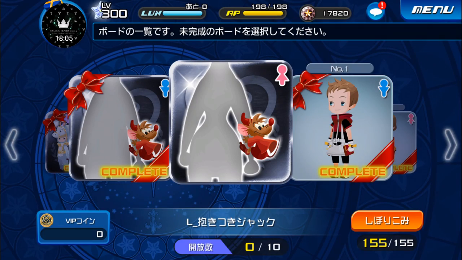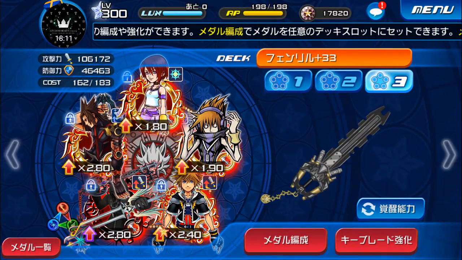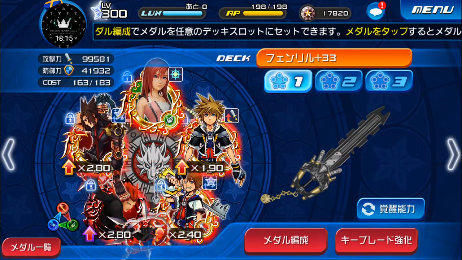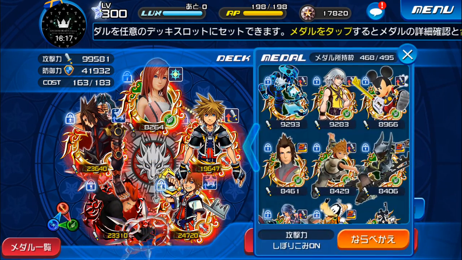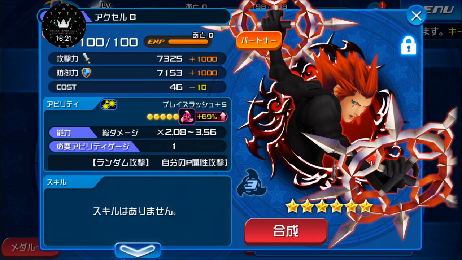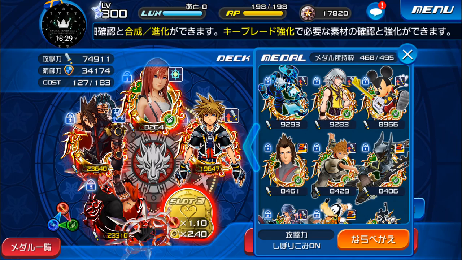Okay, so let's see. Let's check out Fenrir. This is one that I'm debating on investing in. Let's take you off. I still need to put a skill on you because you actually do some damage. And I rolled a horrible guilt with you. Not that horrible, but...